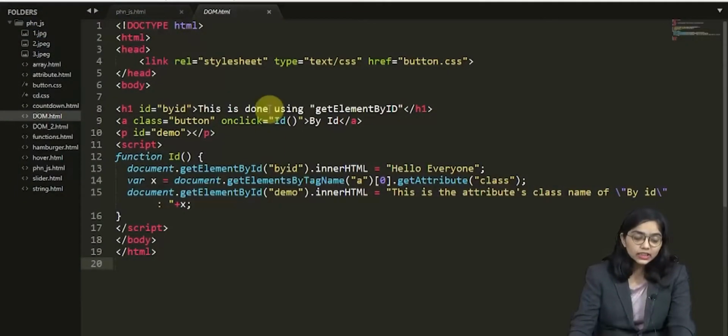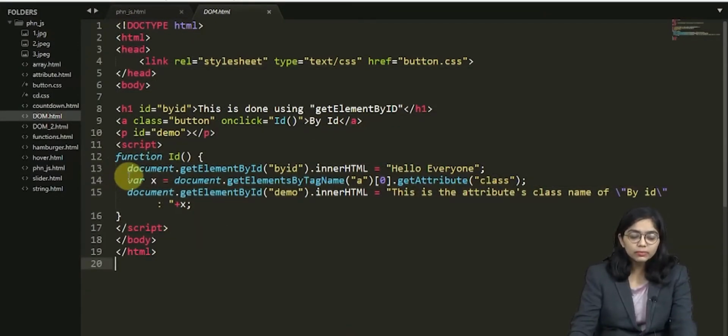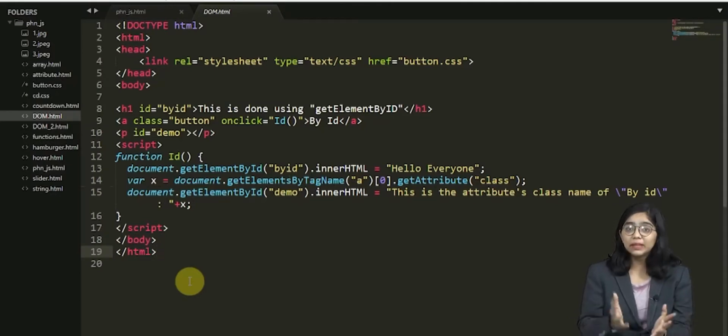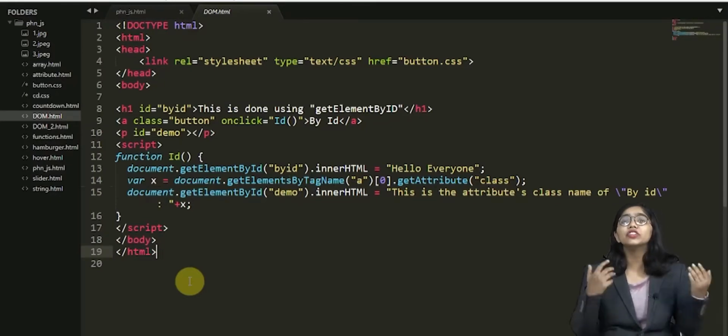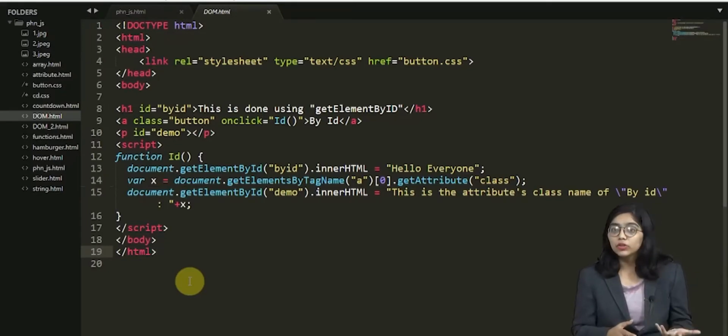I'm not going to waste any more time on theory. We are going to see practically what I mean. On the screen is a code in which we have included a script, that is JavaScript, and you can see different elements with document.getElement, document.getElementById and by tag name. We are going to see two main things here. First, how to get an element by ID and change it. Second, we have used a button over here.